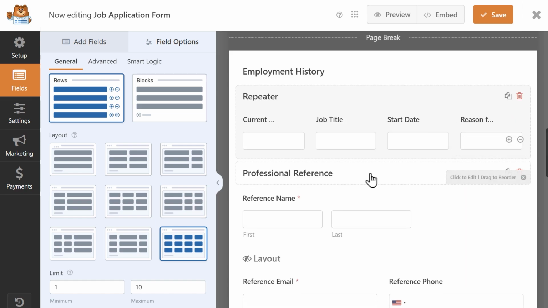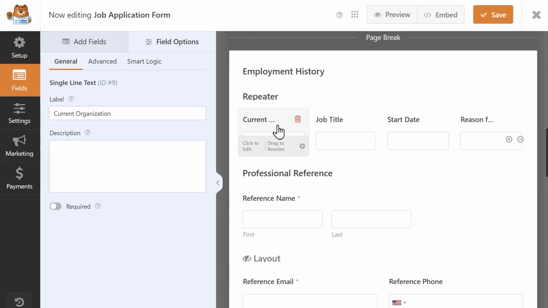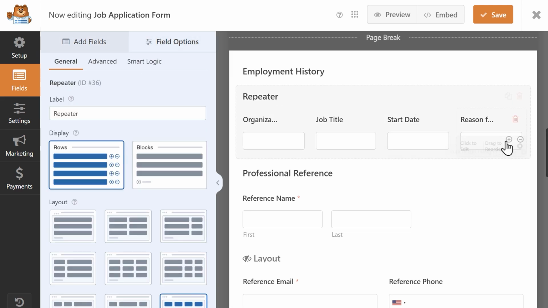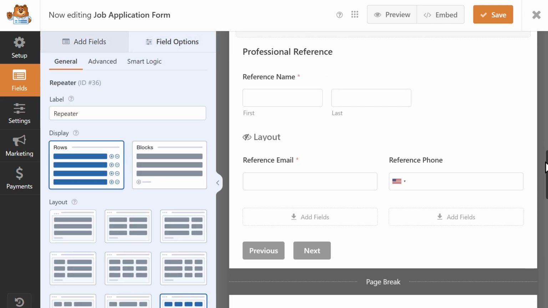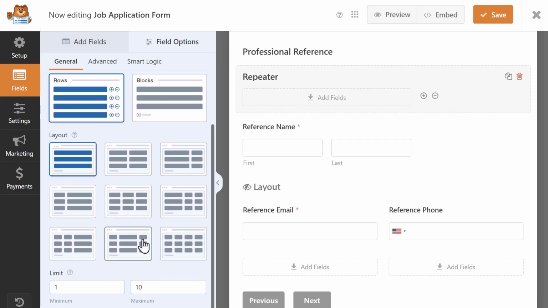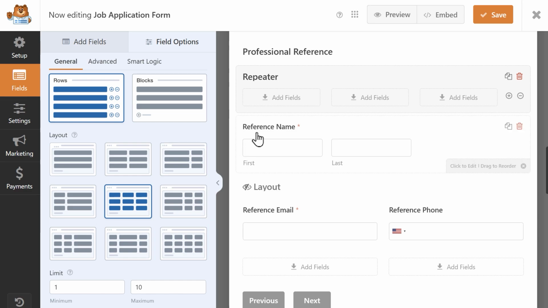This way, applicants will be able to add as many relevant job experiences as they need without having the form artificially bloated with too many empty form fields. Next, under personal reference, I'm going to do the same thing. I'm going to add a repeater field, choose a layout with 3 columns, and then drag the reference name field